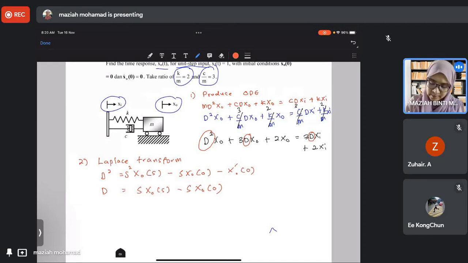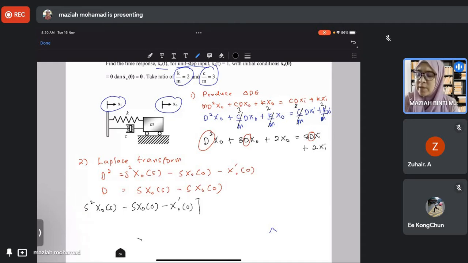Therefore, we're going to have s squared X naught(s) minus x naught(0) s minus x prime naught(0), that is for the second differentiation, plus 3 times s X naught(s) minus x naught(0), that is for the single differentiation, plus 2 X naught(s), okay, equal to